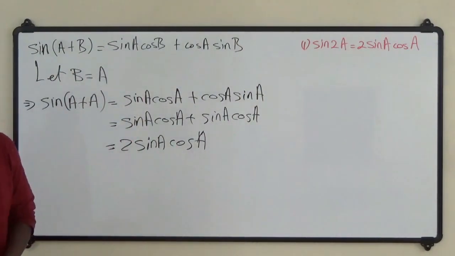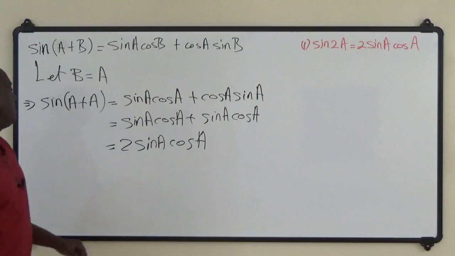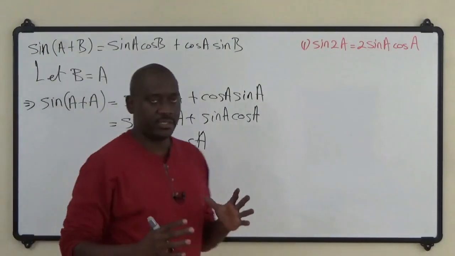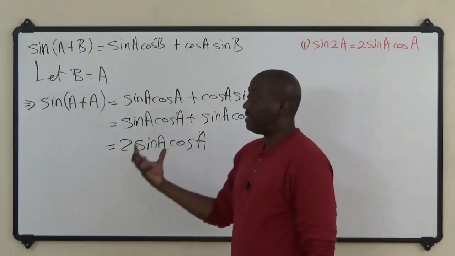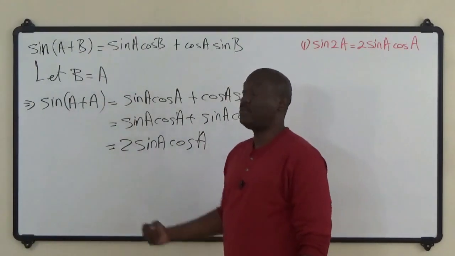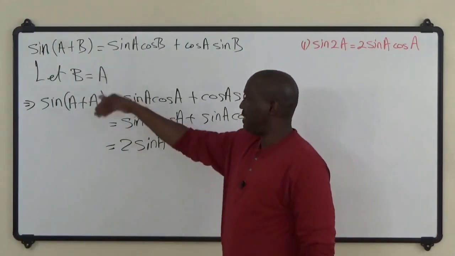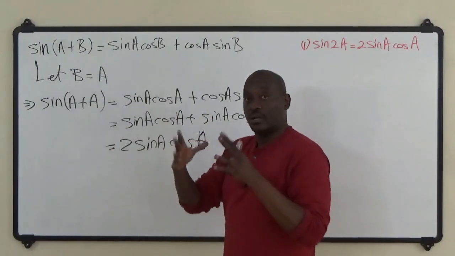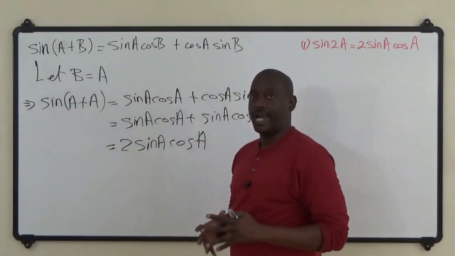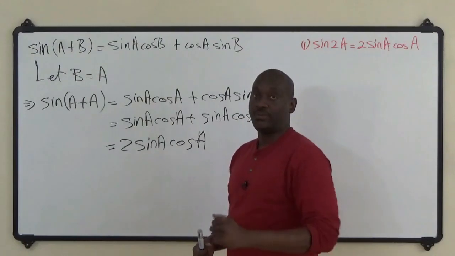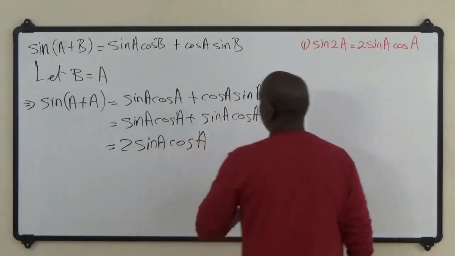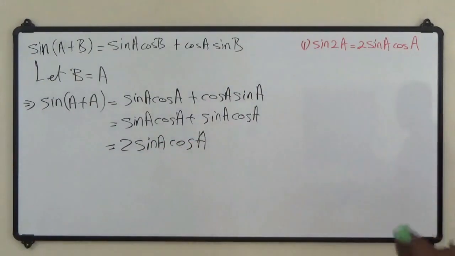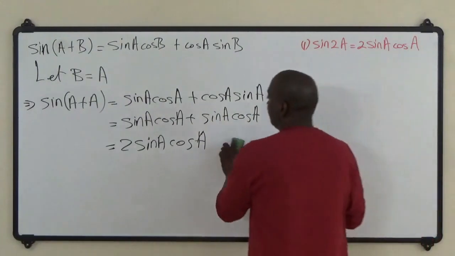So the same procedure that we would have employed to find the sine of 2A using the compound angle formula, we will do the same thing for cosine of 2A. Just as we did here, we're going to start off with cos of A plus B. And then we let B equal A, and we proceed. Yeah? So we rub off this now. Check it out. Screenshot, take your notes, and we're going. Right? So